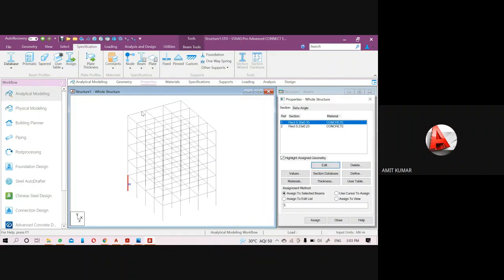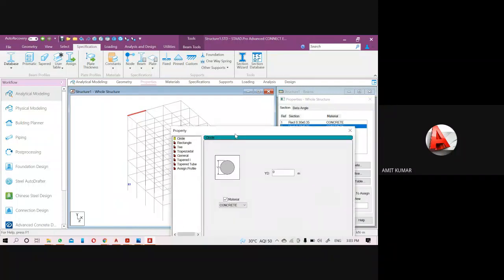And in case of a beam, when I select the beam like this, here along the beam you can see Y. If I provide the property for this beam, Y will be along the Y axis and Z will be along the Z axis.